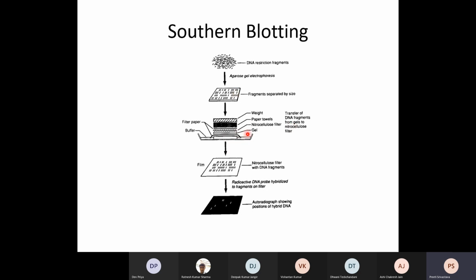Okay, so we were here. Onto the gel you place the nitrocellulose filter. Carefully remove the air bubbles with the test tube. The nitrocellulose filter paper is also soaked in transfer buffer before placing it onto the gel. Onto the nitrocellulose filter paper, we place Whatman 3mm filter paper, a few sheets, maybe 5 to 6 sheets. These sheets are also soaked in transfer buffer.